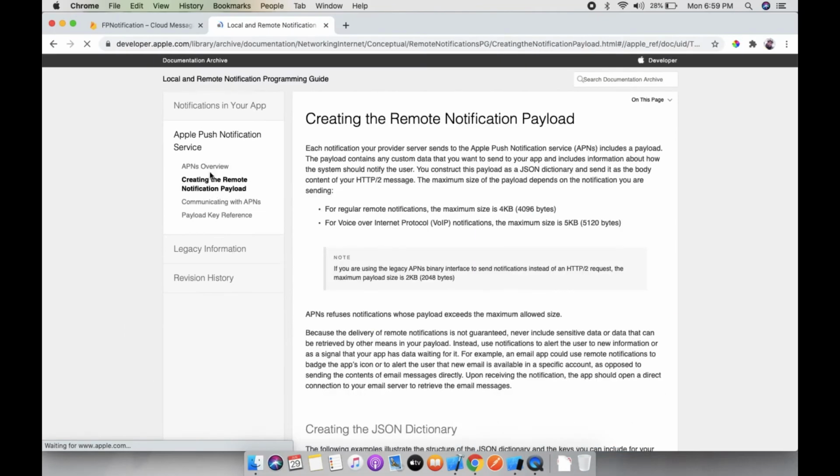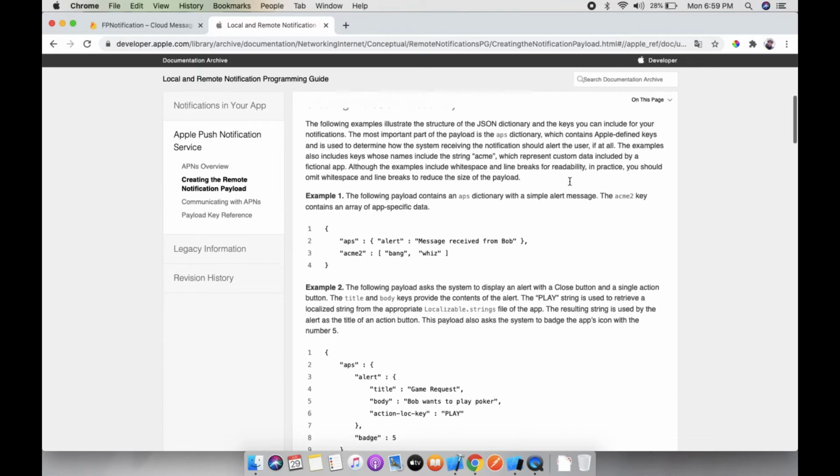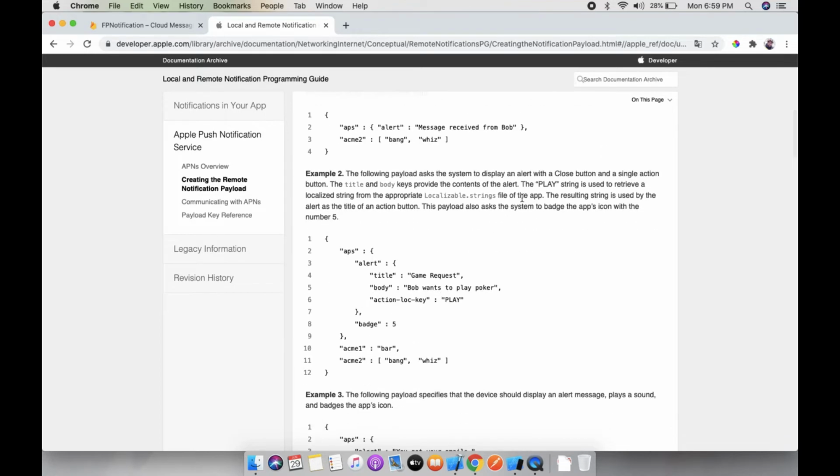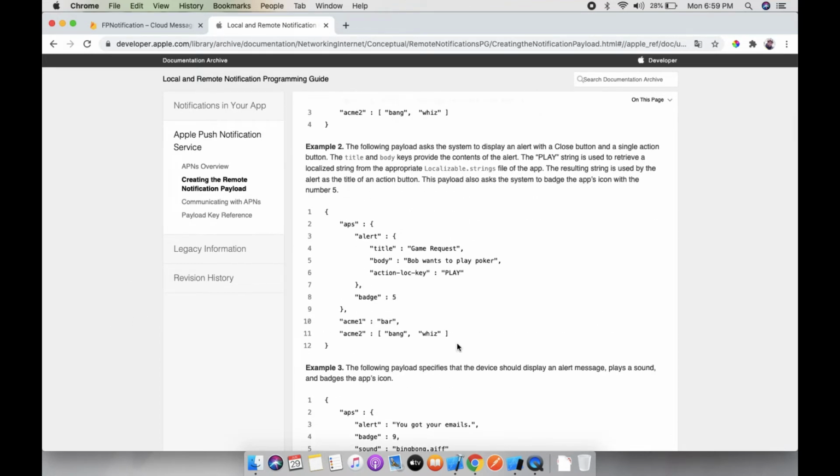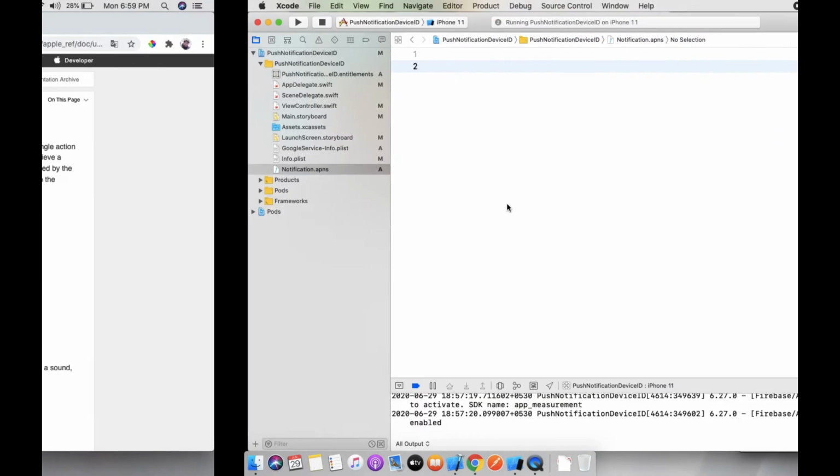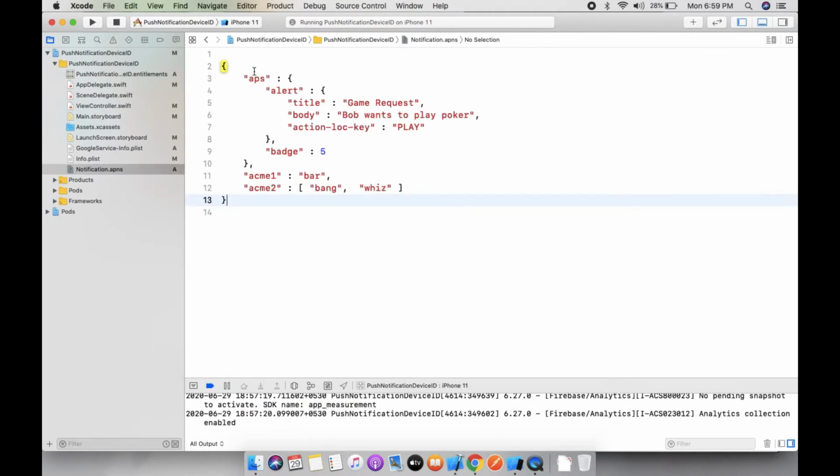In this section there are multiple examples. Let's take this one as an example. Let's copy it and paste it here, and you can save it.